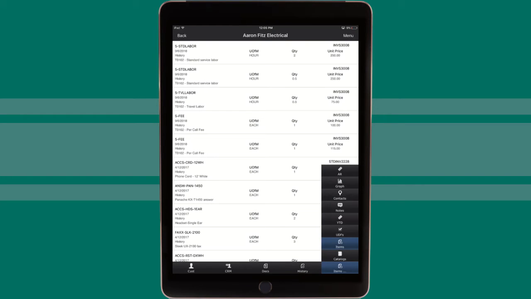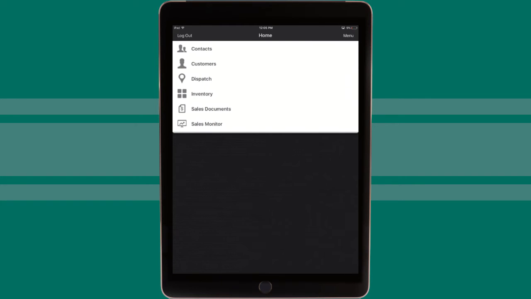Another feature is items, so if you want to look at your previous sales to this customer broken down by item rather than sales document, you can do that as well from the item search here. So lots of functionality there from the customer card. So I'm going to navigate back to the home screen here, and we're going to actually skip over dispatch and